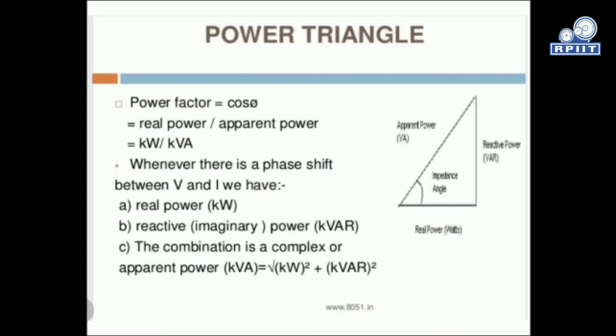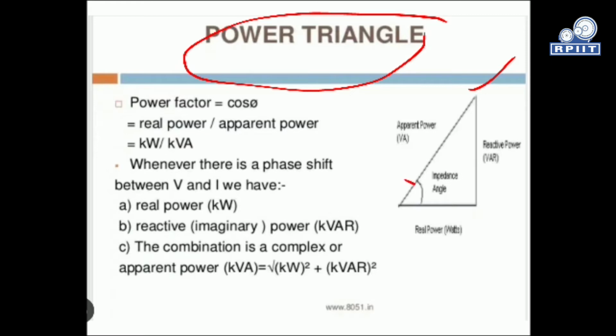Reactive power compensation. So first of all, we must understand what will happen when there is a voltage shift with respect to current, and how this reactive power is generated. So we'll take the example of our power triangle. You can see over here, this is our power triangle. If we take the example of our voltage and current displacement, then there will be some angle over there, which is known as the impedance angle. That is also known as the power factor, called cos phi, right?